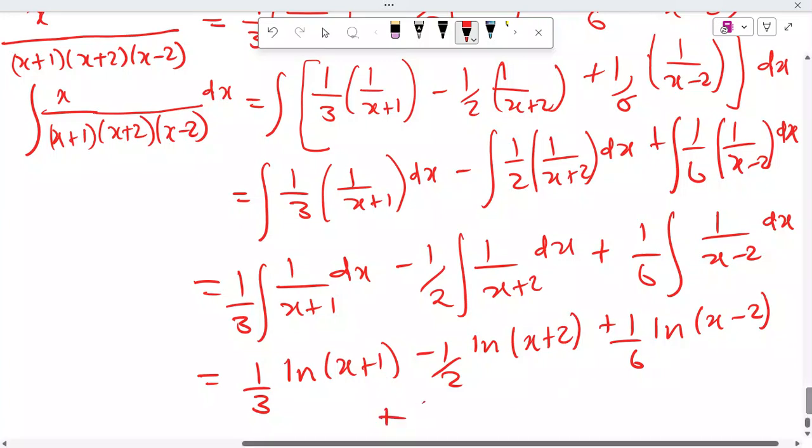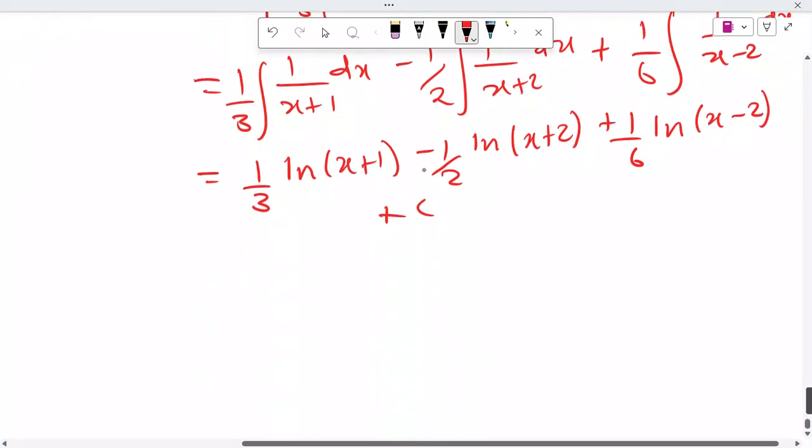We don't know the constant, so we add plus c. So now I write in full integration x over x plus 1, x minus 2, x plus 2 dx is equals to,